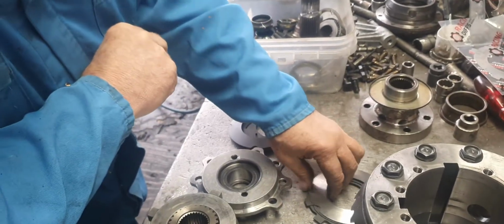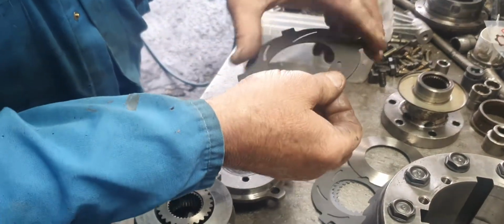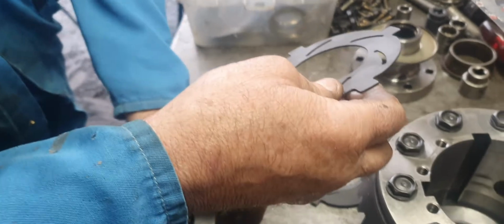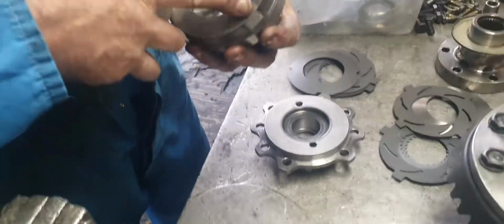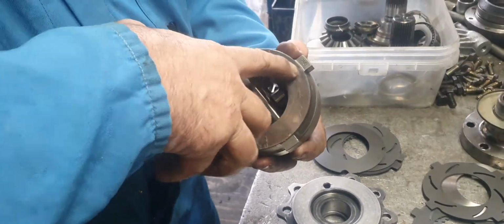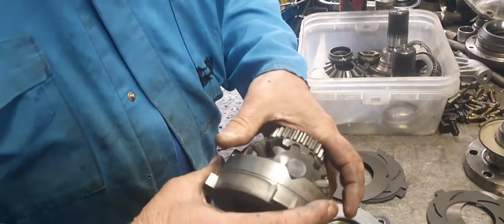Anyway, these new clutches have got big elongated slots. Plenty of oil in there. We'll give them a bit of a rub. This stuff will pick up on these hubs. I've already rubbed that on the Henry, haven't I? We can give it a little bit more. I touched it and feel it's still a bit of a...